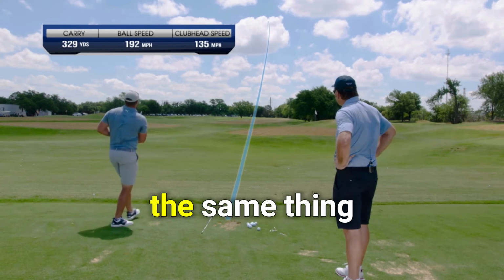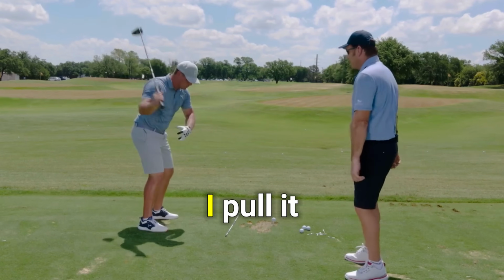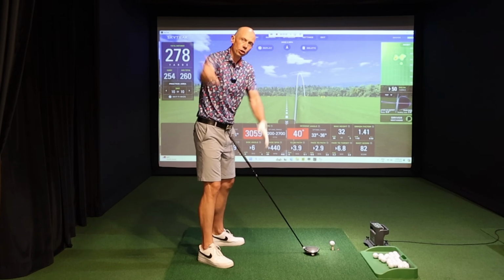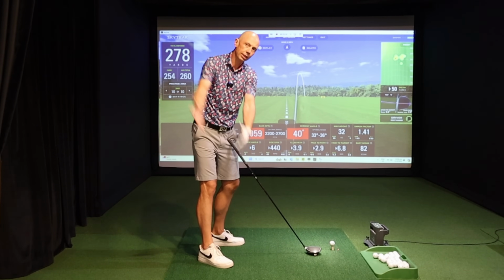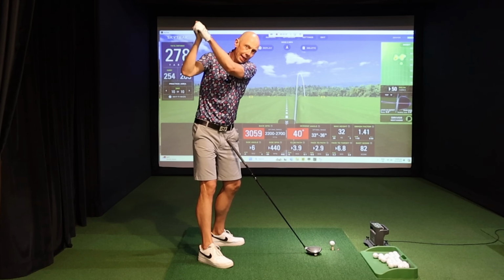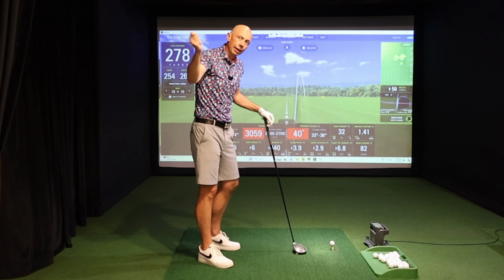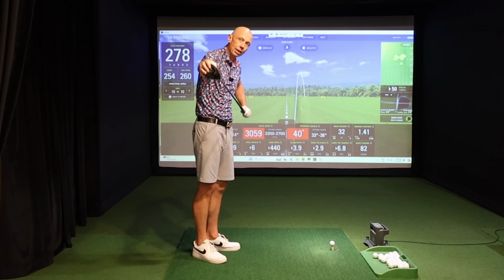So it's a lot of doing the same thing, but just feeling like I pull it harder. I move it faster back and I pull it down harder. He gets to the top, keeps his chest back towards the camera like I am, and pulls his arms down fast. This movement of pulling the arms and the hands down and getting the peak hand speed in this top part here can mean that by the time you reach the ball, you've been able to increase the potential speed